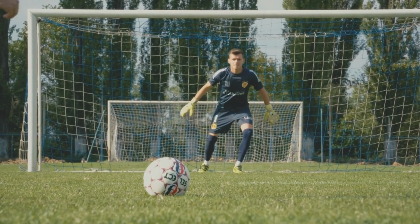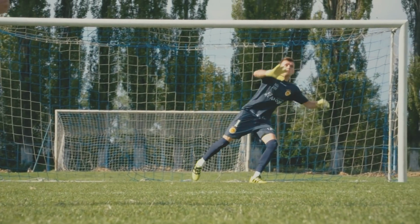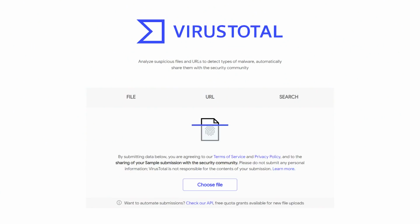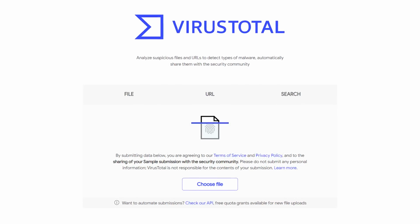Imagine you're a goalkeeper and an antivirus is the net behind you. It's not meant to be your first line of defense. You are. Also, check out VirusTotal. It allows you to upload any file online for malware, though even they don't have a great privacy policy. You should assume everything you upload to VirusTotal will be public information, so don't actually upload sensitive personal documents to